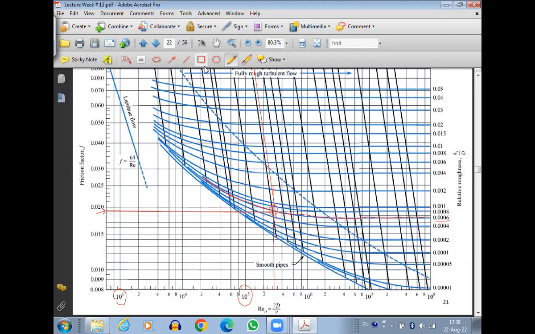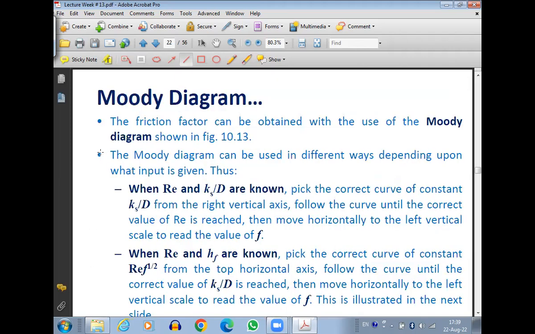Okay. So let's say here it is 5.93. Okay. So we draw a line, sketch it to the very last line, which is the smooth pipe. Okay, and then somewhere here, right? The point of intersection will come somewhere here. 0.03, 0.031, 0.032, 0.033. Between 0.032 or 0.033, we'll have it. Okay, so if you look here,